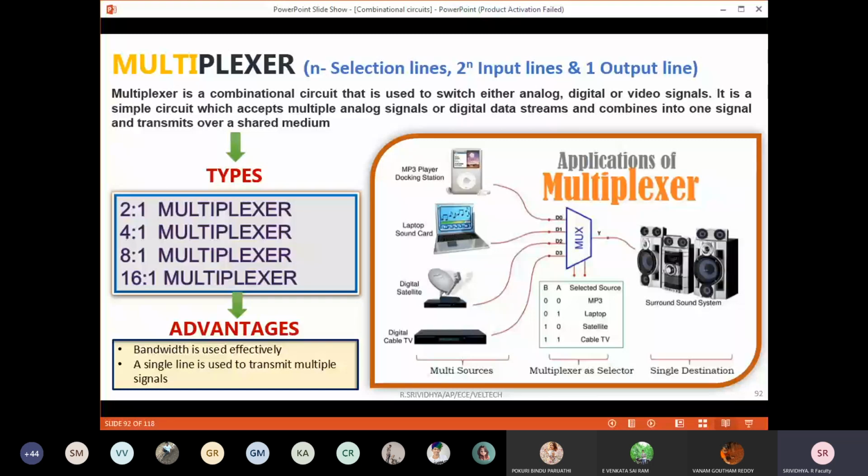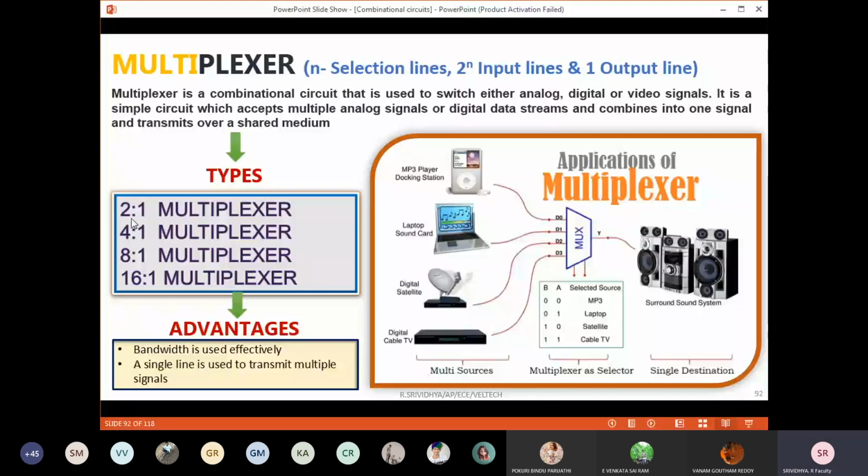In the next semester you will be reading about analog communication systems. After that you will read about wireless digital communication, in which you will read a separate topic called time division multiplexing. At that time also you should understand the base of the multiplexer. But now, under digital electronics, we are not bothered about time division, frequency division and all. We are just bothered about the different configurations, like how differently you can engage. With this numerical itself you can understand what it means.